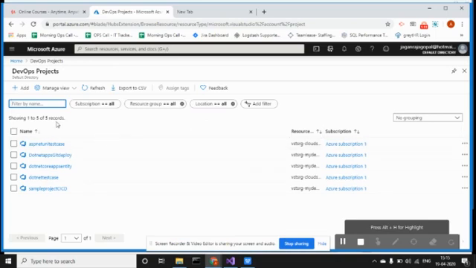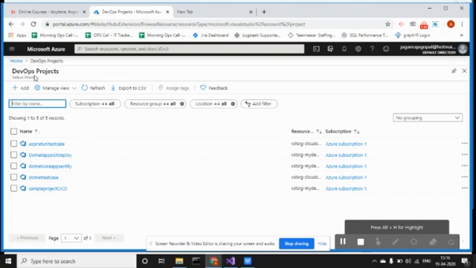There is a difference between a DevOps project and an app project. In a DevOps project, in a single stage you can create your continuous integration and continuous deployment and even the pipeline. Everything will be done in one single step. Otherwise, we have to go manually and create the pipeline, and you have to map that app service.